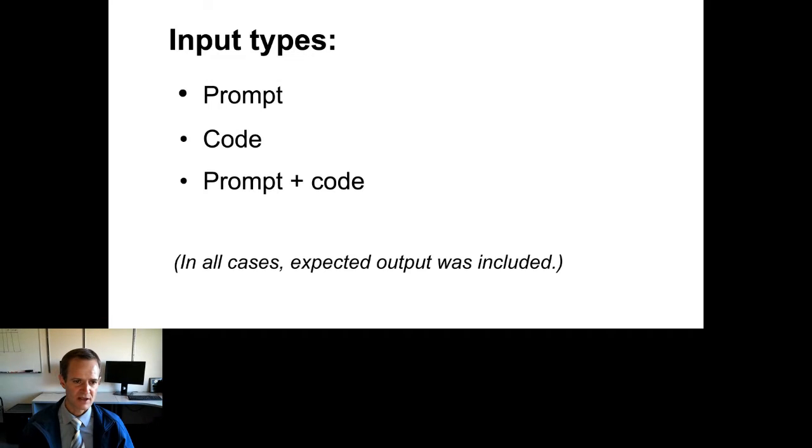We had three kinds of inputs. The first was the prompt only. Like in the first study that I talked about, we would just give it the prompt: this is what you need to do, here's the expected output, those kinds of things. In a second scenario, we would give the Python code for the solution and also the test code, and we would ask the model to translate the code from one language to another. And thirdly, we tried the prompt and the code together, just to see how it would do in each of those three different scenarios.